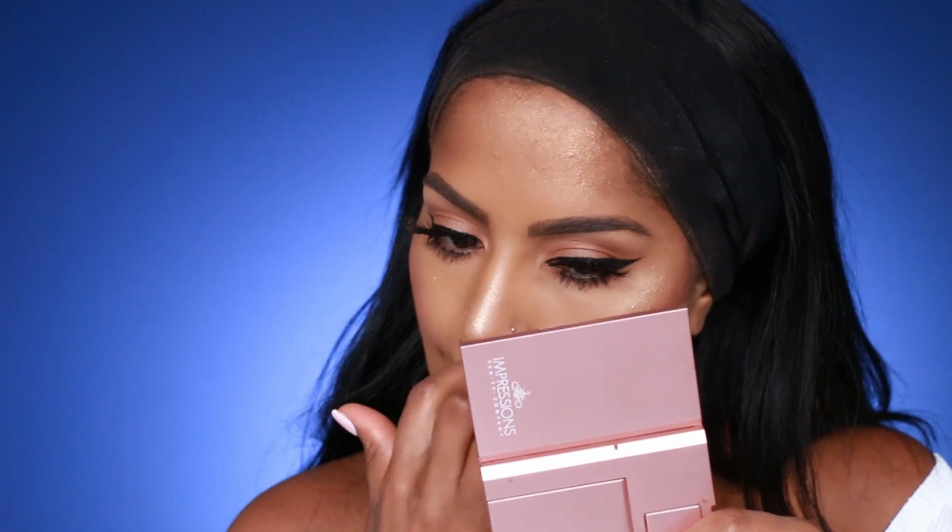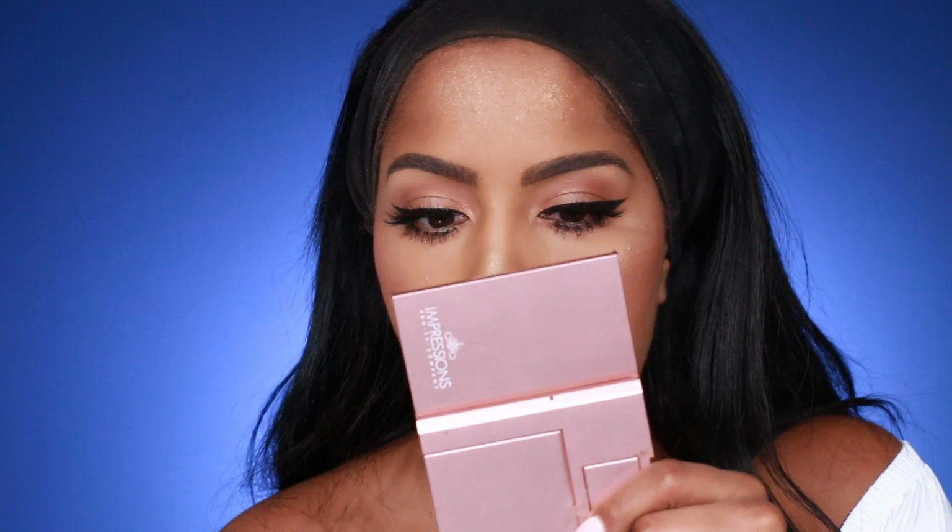I wish I would have done this lipstick with the red scarf. Why didn't I? Sorry, there's something in my nose. I'm actually obsessed with this lipstick. It's so pretty. You guys could just wear, I mean, obviously you could wear this by itself, but,